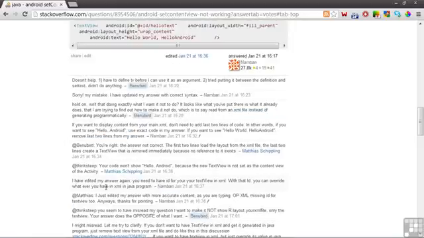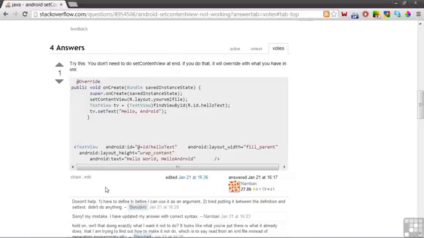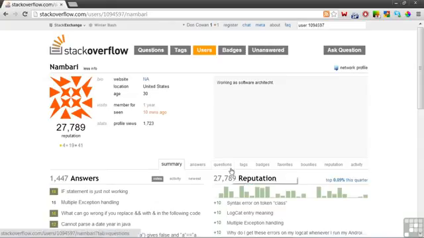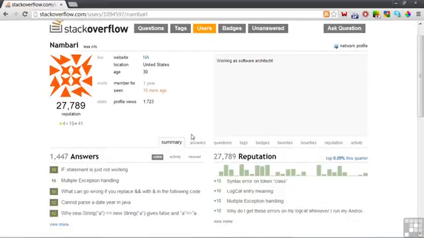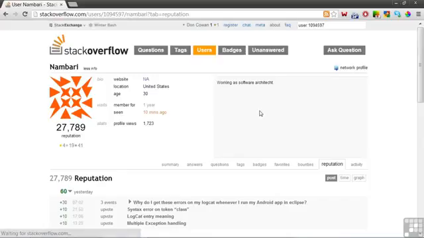What I like to do when I'm using resources like this is find a handful of solutions and then pull out what seems to be the best approach or combination of approaches. It's my experience that you'll find a wide spectrum of quality in responses, from excellent to, shall we say, not so good. If you want to research the history of a developer, you can click on the name and you'll see a lot of information about the person, the answers that they've offered, a measure of their reputation,